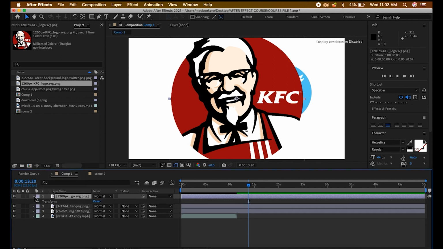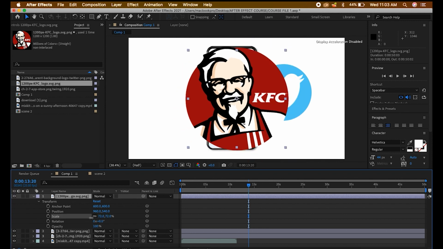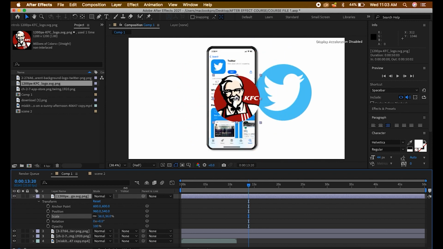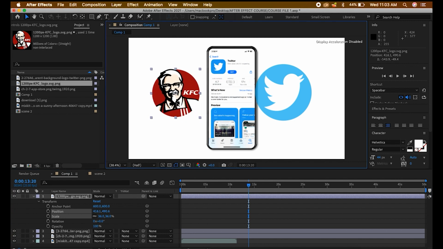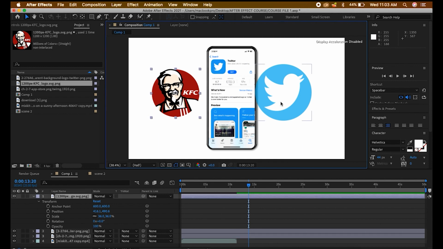All right, so we just go here over the property like I taught you. The scale, we'll drag it to the left. Okay, so we have it now. So what if we want to apply the same property settings to this Twitter logo, and we don't want it to touch the screen? So what you do in Photoshop, you likely group these two so you can apply it to them. So what you do here is what we call